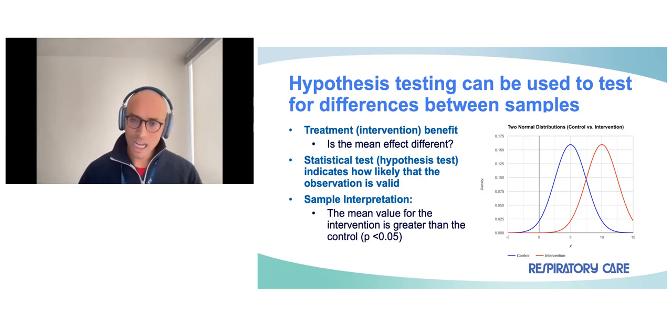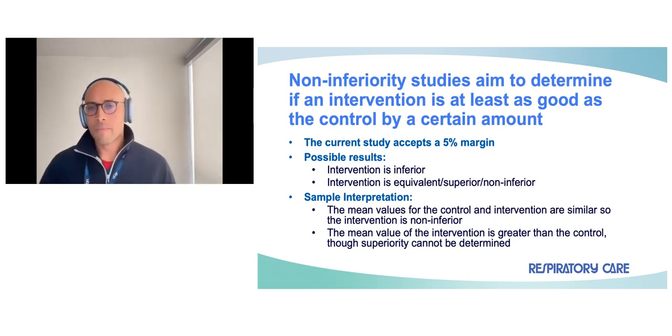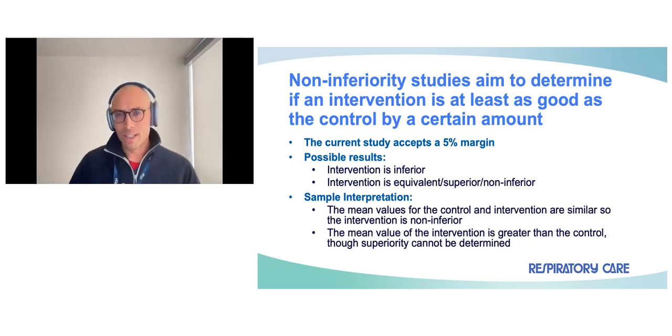So typically this is how we think of things in terms of saying one thing's better than the other. What we do is we think in terms of hypothesis testing and p-values. Now, in this study, they did something a little bit different because they did a non-inferiority study where their aim was